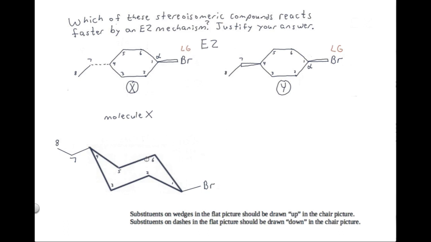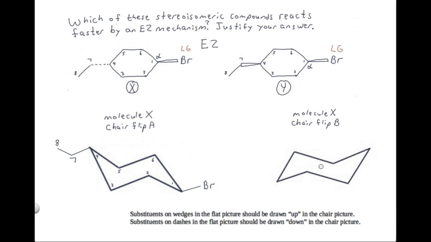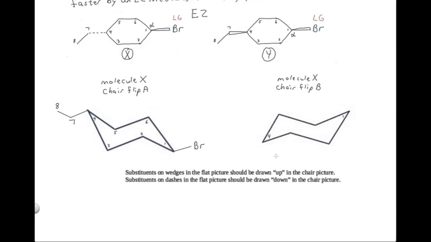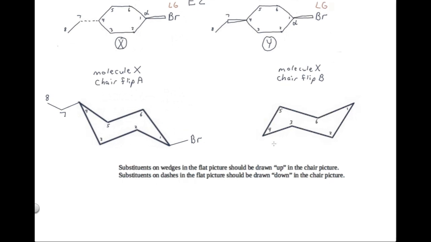Now let's draw the other chair flip for molecule X. Let's number this chair flip. Remember that it's best to take the number from the far right of one chair flip and put it on the far right of the other chair flip, and take the number from the far left of one chair flip and put it on the far left of the other chair flip. And because the numbers are arranged clockwise in this chair flip, the numbers should continue to be arranged clockwise in this chair flip. Now we have to draw in the substituents in this chair flip